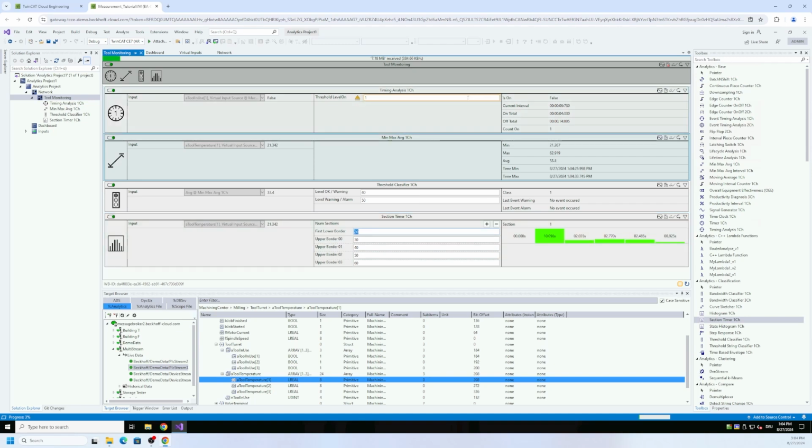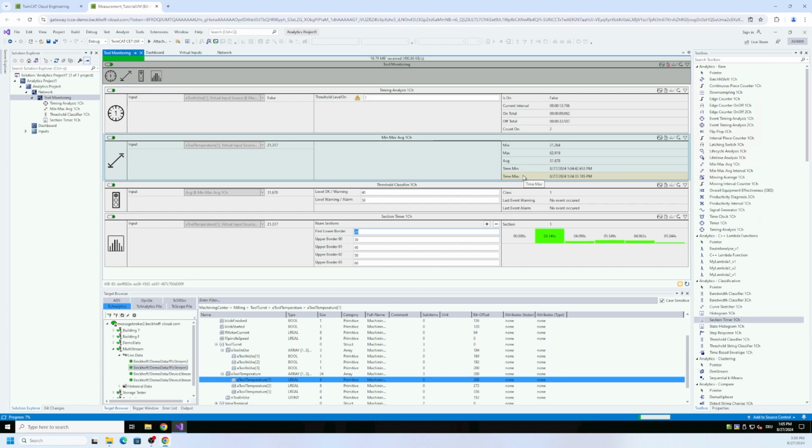The other functions also provide output data. So here the timing analysis: if the tool is in use, yes or no, how often, how long it was in use, how long it was off. Then the temperature: min, max, average value, and the timestamps where it was minimum and maximum.